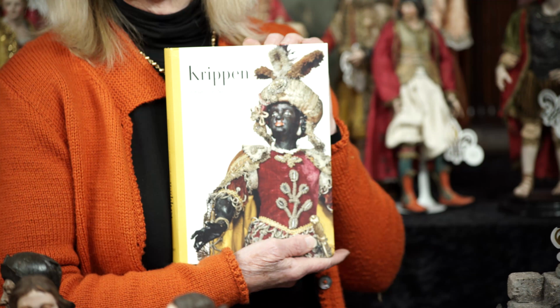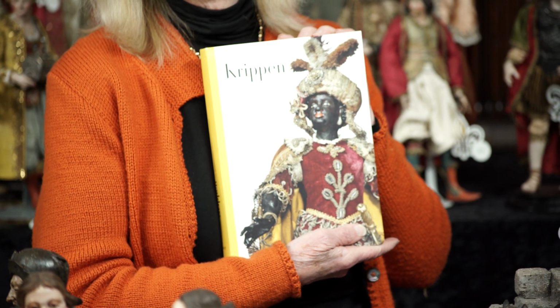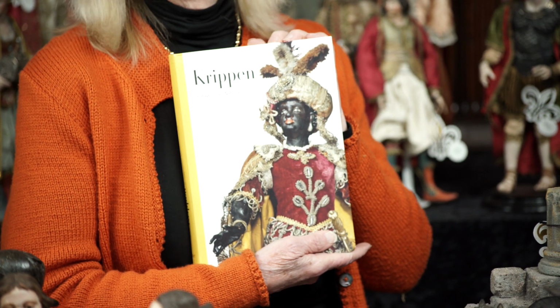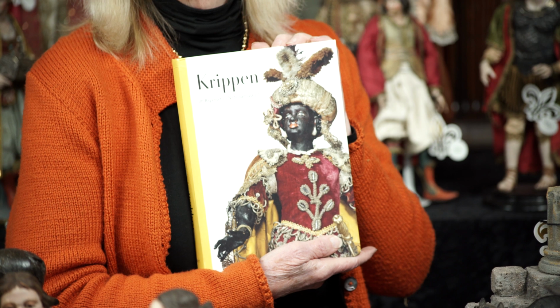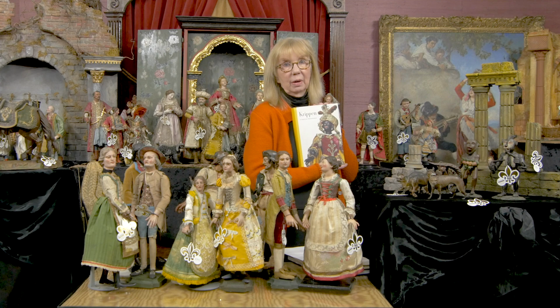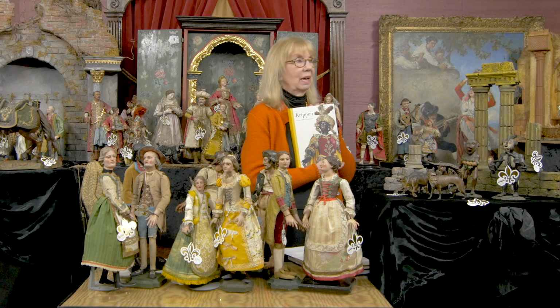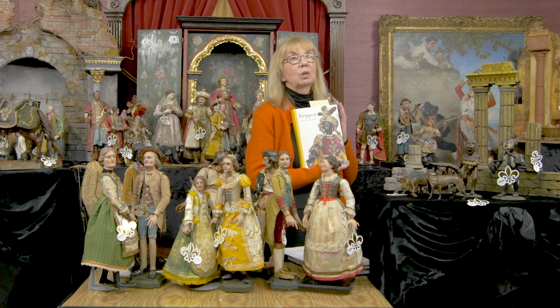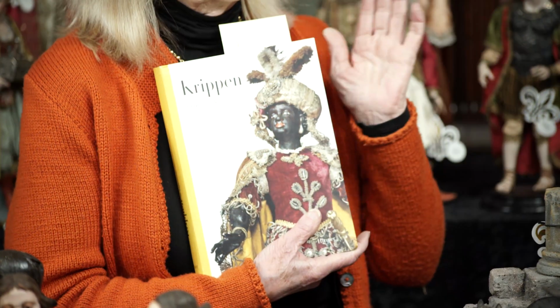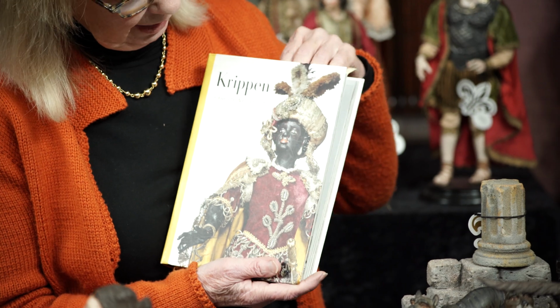And if any of you go to Munich, I urge you, please, please go and search out this museum. On their lower level, the entire lower level is dedicated to their collection of Neapolitan, Bavarian, and Austrian carved wooden figures and nativity scene figures and the street scenes and everything. It's the most extraordinary place I've ever been. I went there like 4 years ago. I just had a day to spend, and I just happened to walk into it, and I was blown away. It's wonderful. And so I had this book all along, and then I found in here